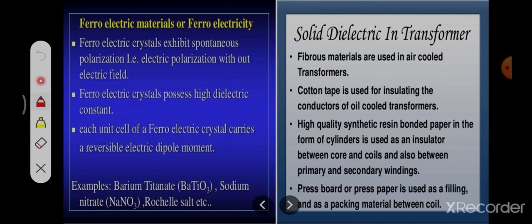Solid dielectrics in transformers. The fibrous materials are used in air-cooled transformers. The cotton tape is used for insulating the conductors of oil-cooled transformers. High quality synthetic resin bonded paper in the form of cylinders is used as an insulator between the core and the coils and also between the primary and the secondary windings. The pressboard or the press paper is used as a filling and as a packing material between the coils. This is all about the